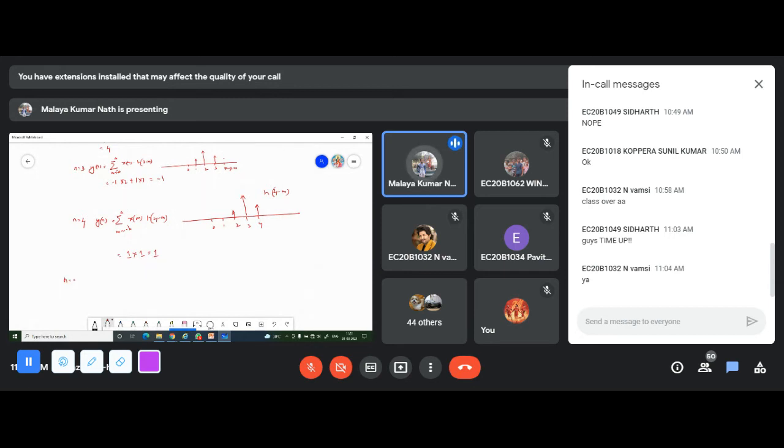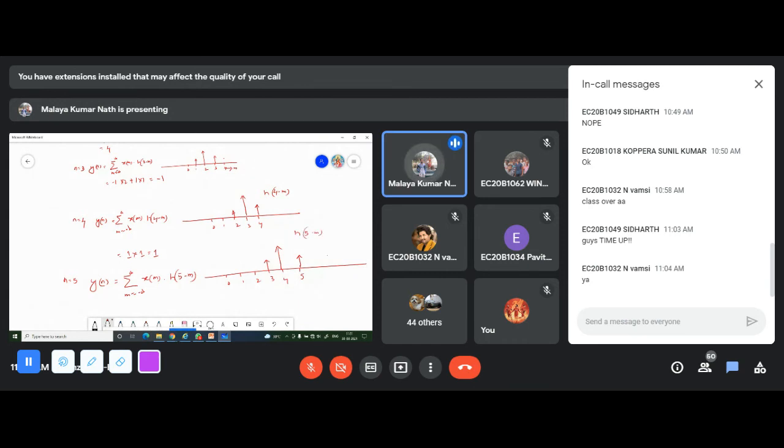So now if n is equal to 5, how much will it be? That is y of n is equal to summation m is equal to minus infinity to infinity x of m into h of 5 minus m. So what is h of 5 minus m? That is equal to 0, 1, 2, 3, 4, and 5. So that means your signal will start from here. So this is equal to 1 unit, this will be equal to 2 units, and this is equal to 1 unit. So this is equal to h of 5 minus m.